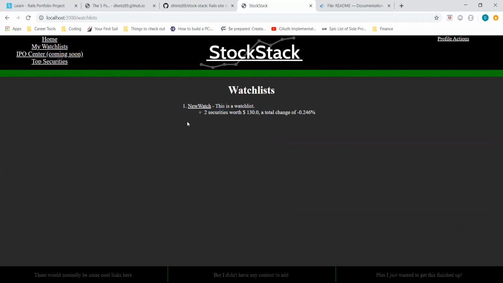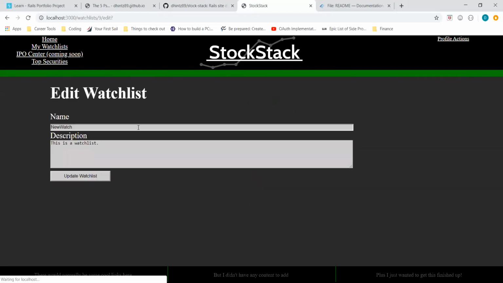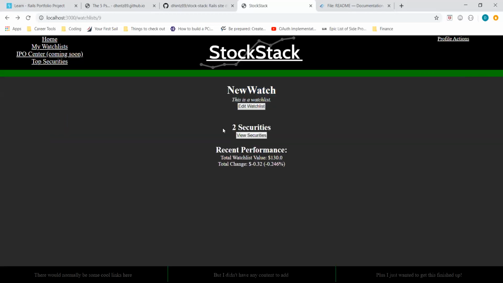You can click into here to see the watch list's details. So you have your watch list name, little description. You can edit that to change the description if you want. For now, I'll leave it alone. You have two securities, and then you have recent performance data. So here's the total value, and here's the total change in dollars and in percents. If you want to see what the securities are, you click this little View Securities button,